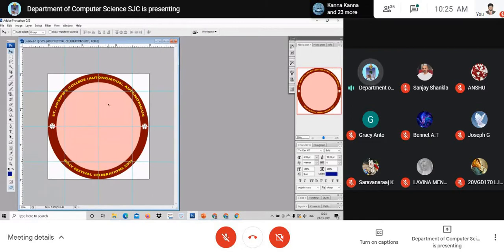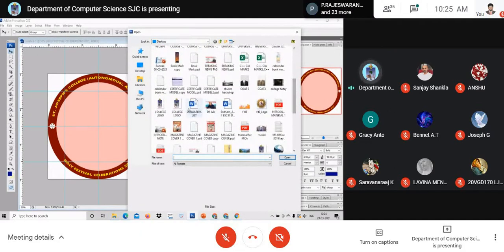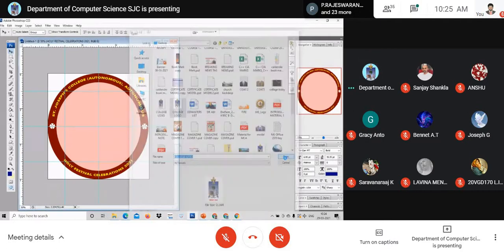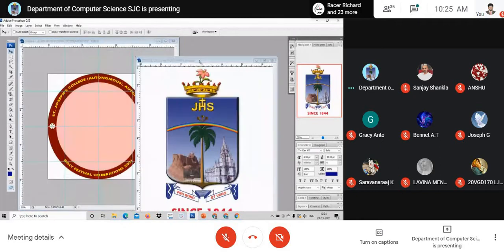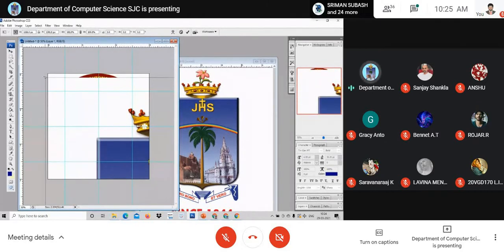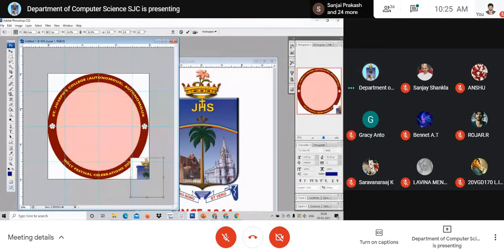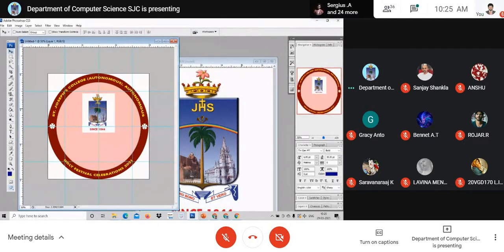Now inside, for example, if you are celebrating maybe some Holi or Pongal or whatever it may be, maybe the logo can be brought here. I just bring the logo of the college, or anything that you want to put inside, right? See, it is a big logo. I'll have to make it very small and use it. So I am using it in the center exactly.